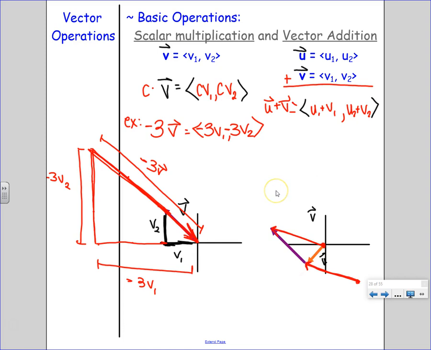It'd still work. No matter how you add, whether it's U plus V or V plus U, whether you shift one or shift the other, you're still going to end up with the exact same resultant, which is the same thing as the sum. The exact same resultant or the exact same sum. So we just need to end up putting our U and V together. And once we do, we can say U plus V is equal to